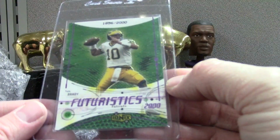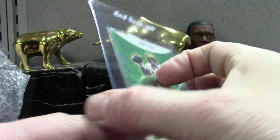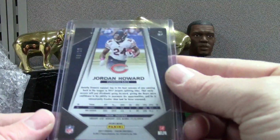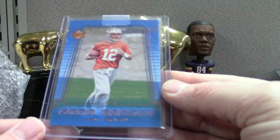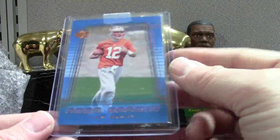Ionix Brady Raw. This will definitely get slabbed. Jordan Howard Prism Gold to 10. And lastly, Tom Brady 2000 Upper Deck Raw in pretty good shape, probably an 8.5. So that's it, guys. Ended with a nice